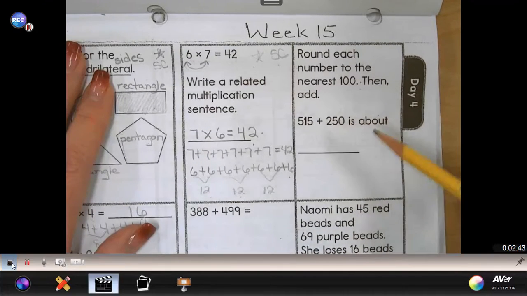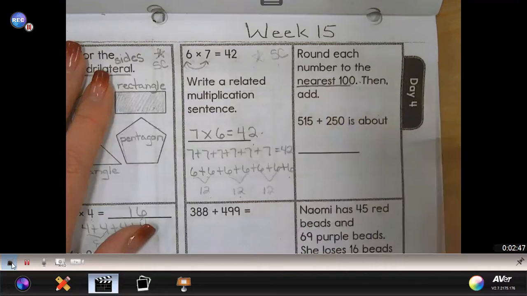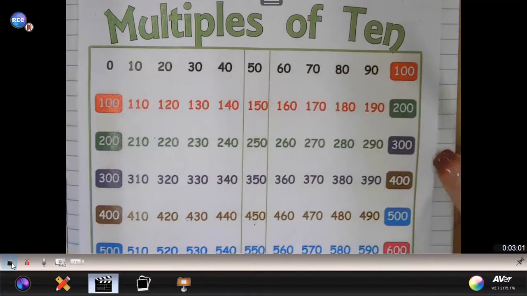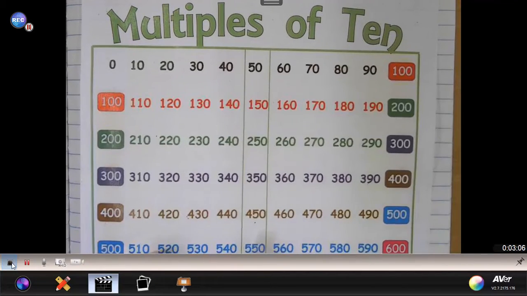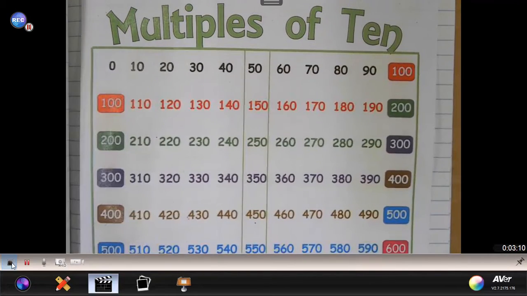On number 2, it says round each number to the nearest 100, then add. Remember that you can also use, don't forget, you also have your little sheet on your multiples of 10 to help you with this. So if you need to take this out to help you round to the closest 100, please make sure you do so. So let's take a look at